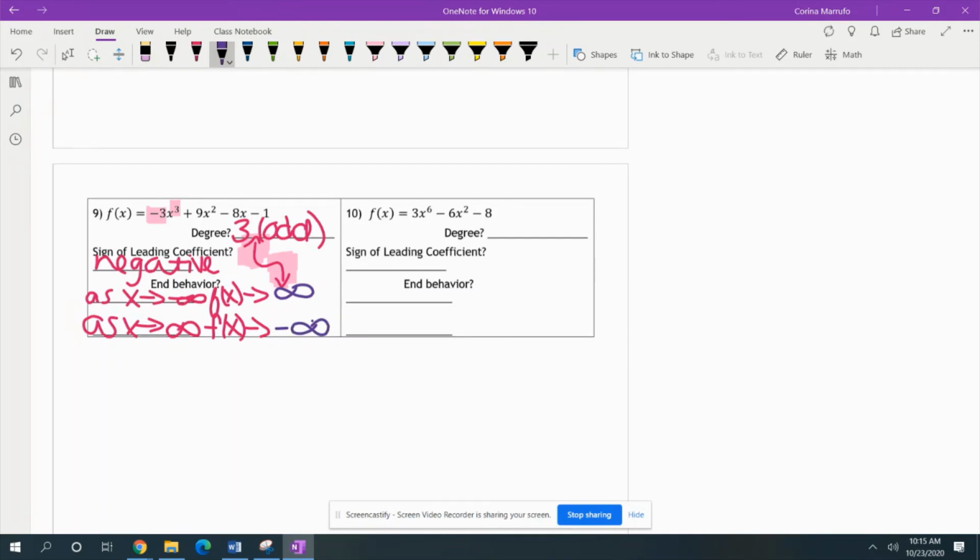Let's go ahead and move on to the last example here. We have 3x to the 6 minus 6x squared minus 8. The degree is 6. This is an even number. The sign of the leading coefficient: the number in the front is a 3. This is a positive number. So the end behavior: I'm going to write this as x approaches negative infinity, and as x approaches positive infinity, our function approaches